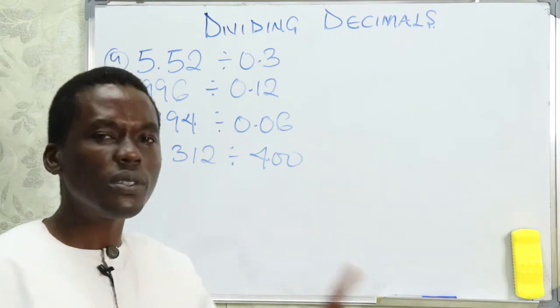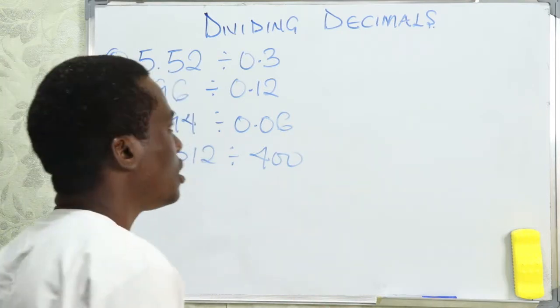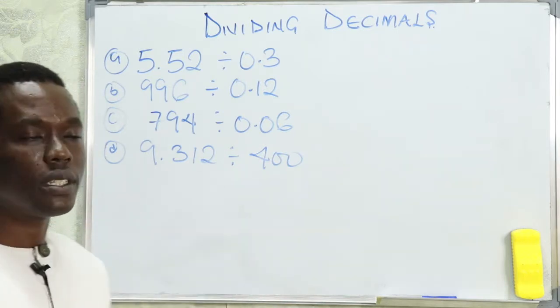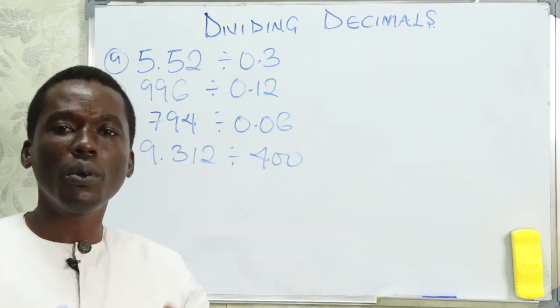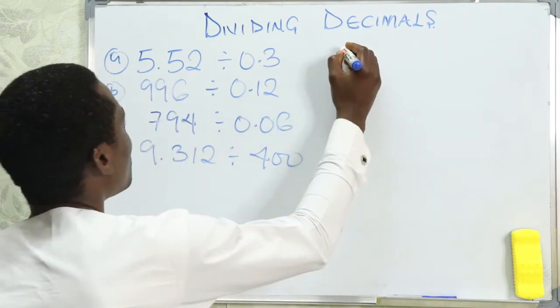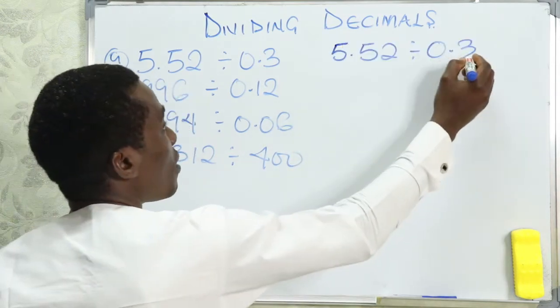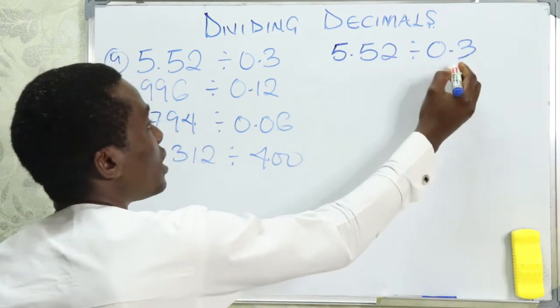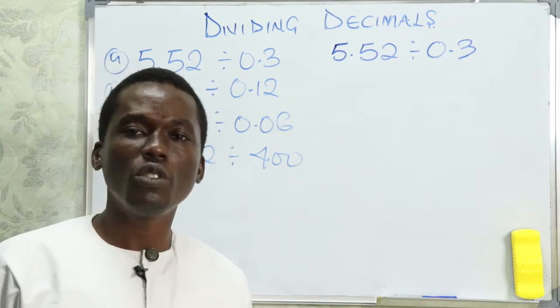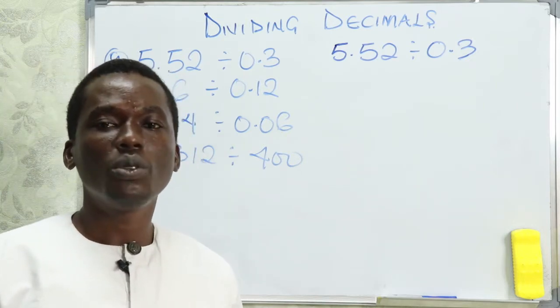Dividing decimals, the first step you need to do is this. Now let's look at the first example, because I have a series of examples here to help you gain mastery of this topic. Now let's look at the first example. We have 5.52 divided by 0.3. So the first thing you need to do is to assume that there is no decimal